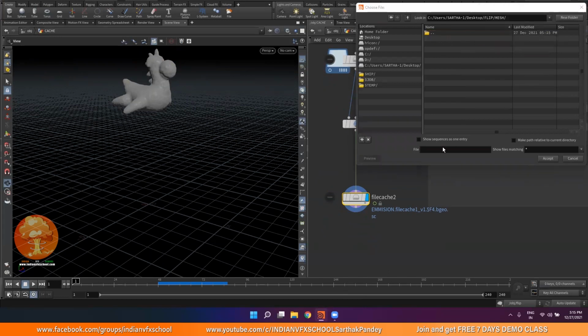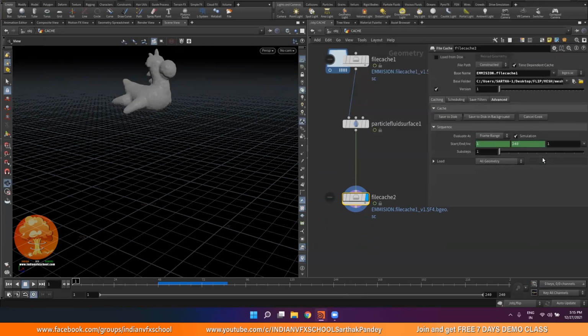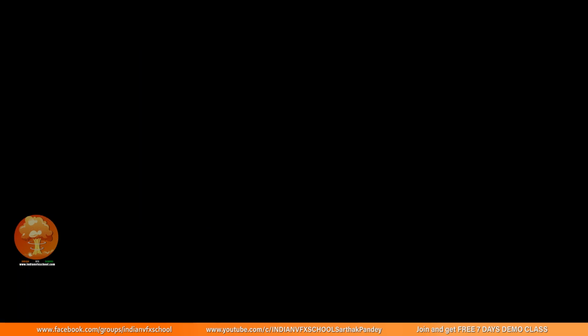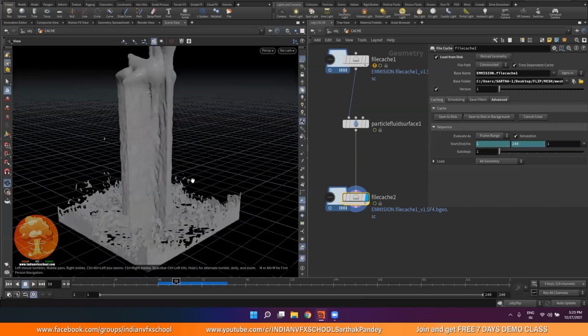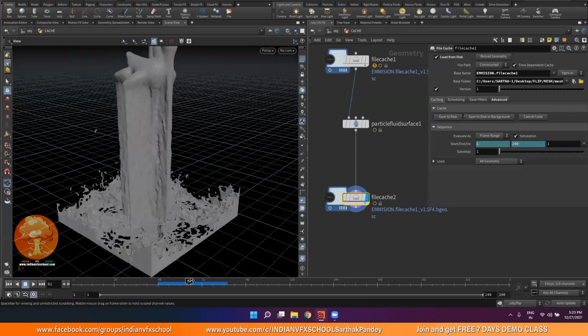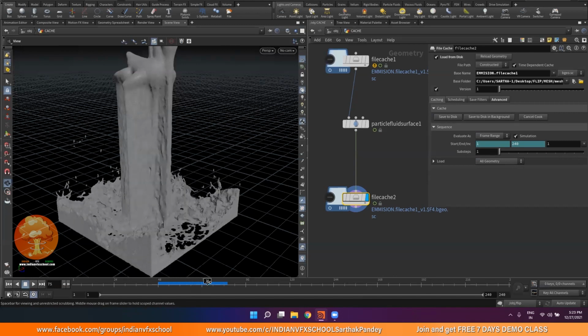Go inside this, and again I can name the file as mesh only, and make sure to have a $F at the end. So it's going to execute for each and every frame. Now I can just click on this save to disk again, and let it store the mesh also. All right, guys. So the meshing and the caching of the meshing is being done, and you can see now we can scroll it in real time because it's already being stored in our disk.